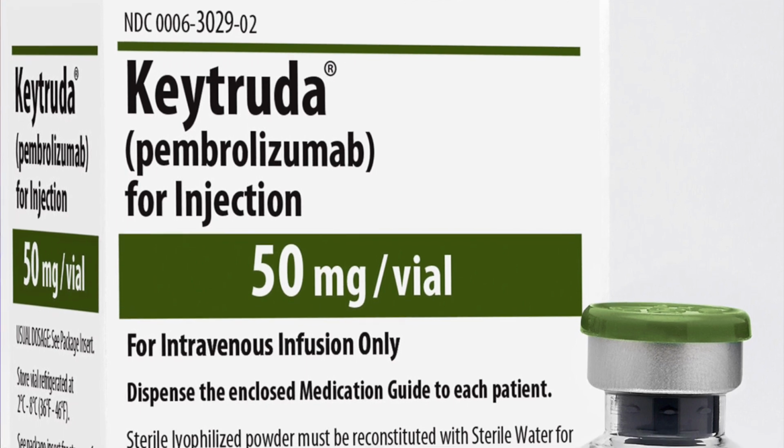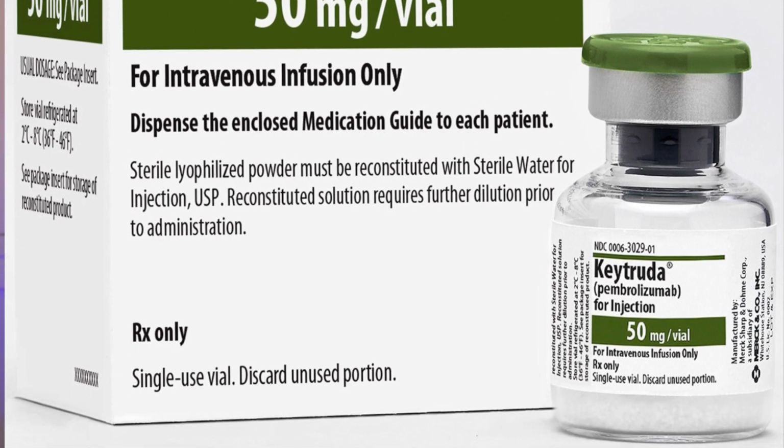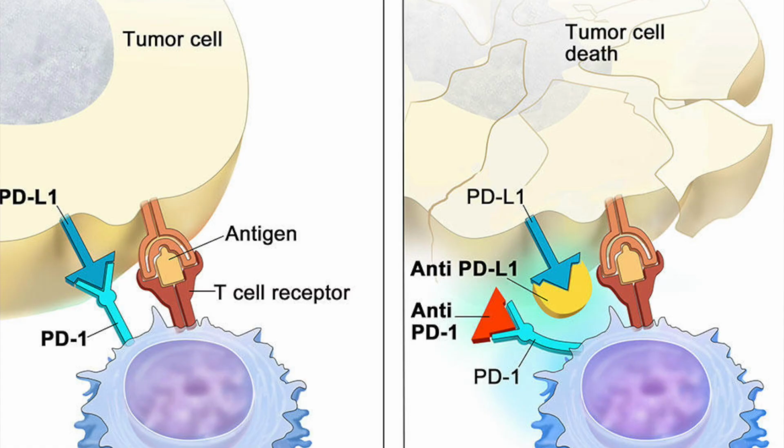Keytruda is the brand name of pembrolizumab, also known as Pembro for short. It's a monoclonal antibody, which means it's a biologic, and it's immunotherapy, which means it's a drug that helps your own body's immune system identify and target cancer for destruction. Keytruda is a phenomenally successful cancer drug. It's probably the most innovative new cancer therapy that's emerged in the last couple of decades, and it's now been approved for almost 20 different types of cancer, but it's been especially promising for treating melanoma and non-small cell